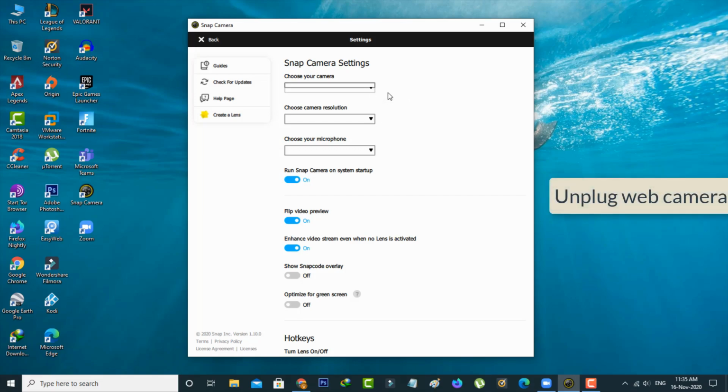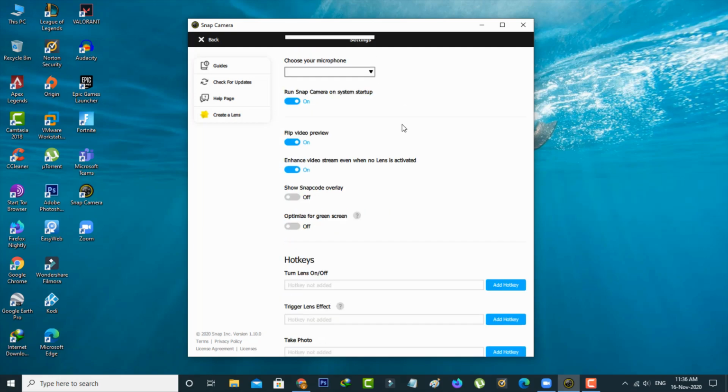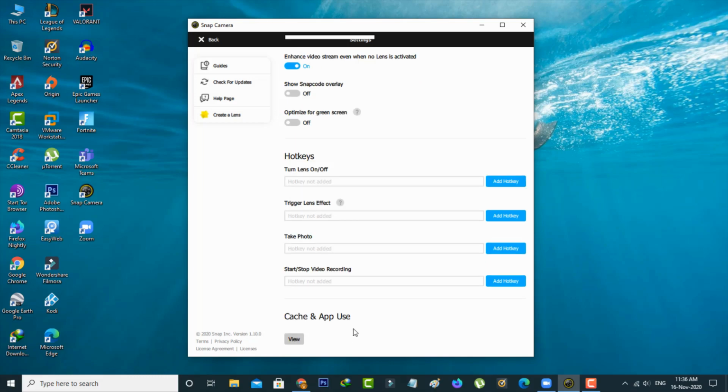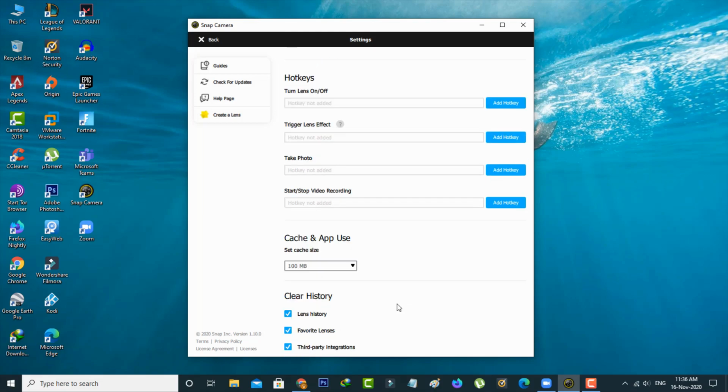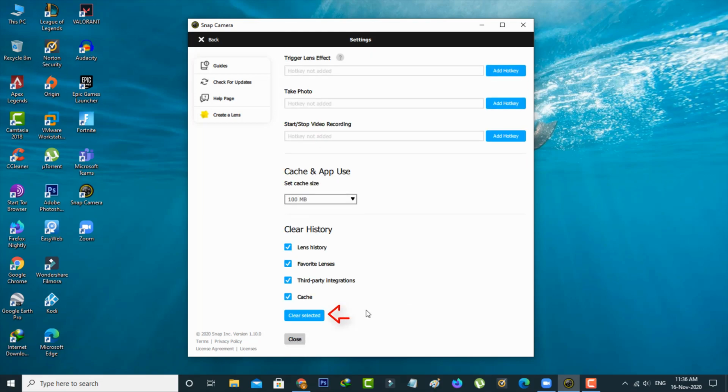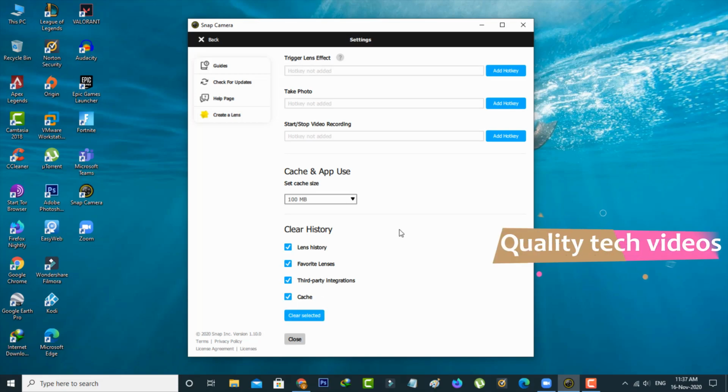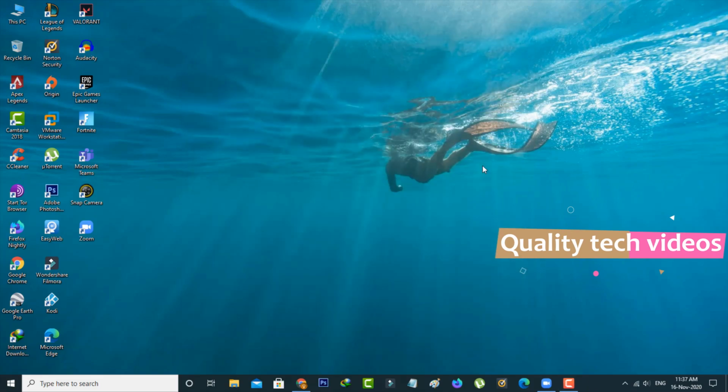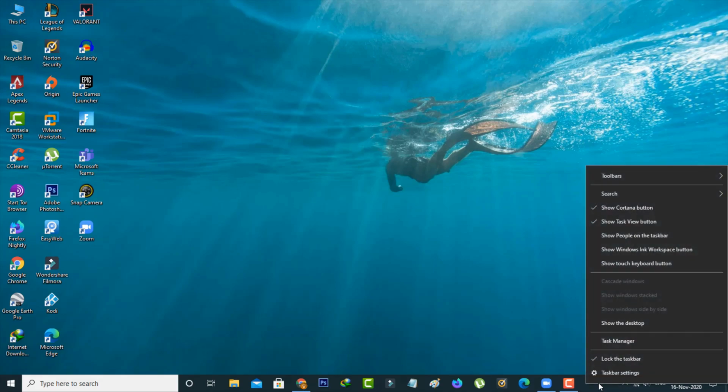So you can unplug your web camera for a few minutes and then scroll down. Here you can press this view option, scroll down, and then click to clear the Snap Camera caches. Once you are done with these processes, just close Snap Camera and also stop the Snap Camera process via Task Manager.